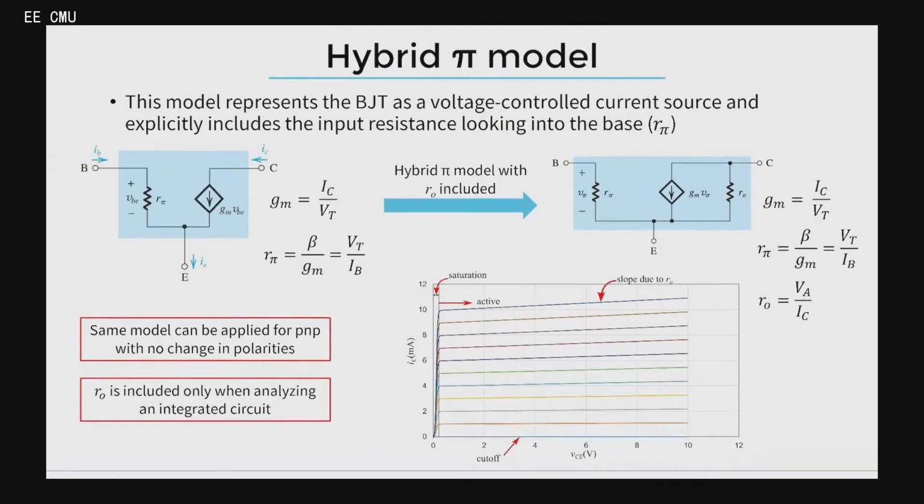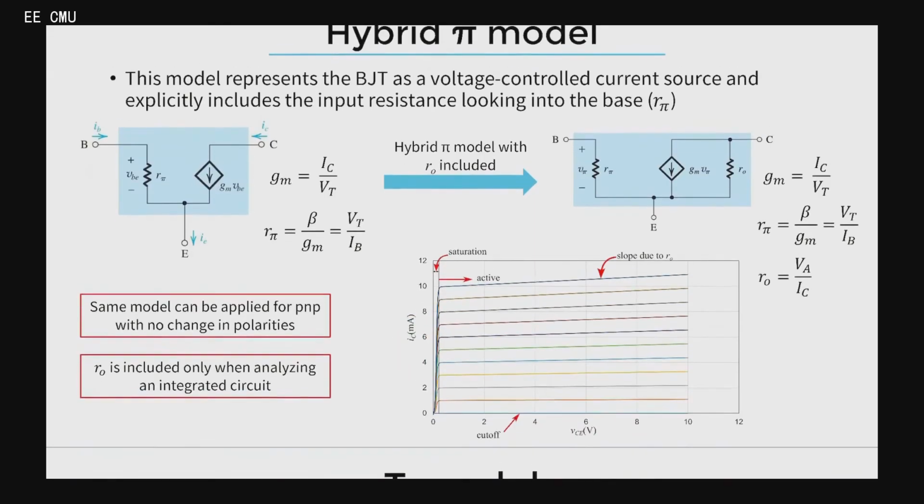And if you remember, I've shown this graph before. Here, we can see that the current isn't entirely constant, right? It increases little by little because if we look closely, it's not a straight line. Since it's not a straight line, what kind of graph is this? It's IC versus VCE. That means there is a resistor in parallel with the current source at the terminals, specifically the collector and emitter terminals. We will discuss these cases later on.